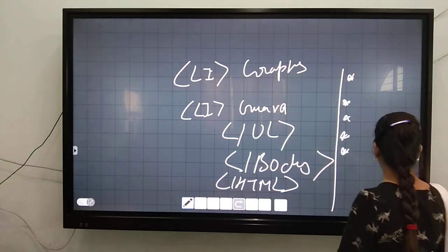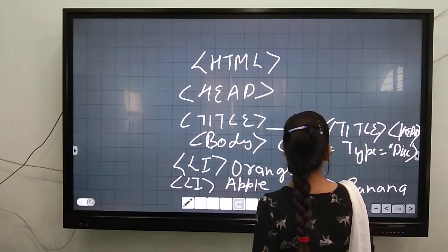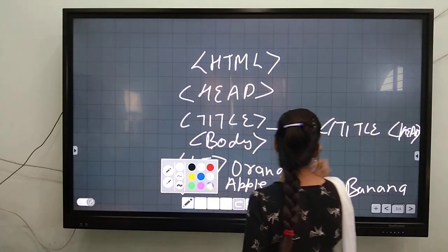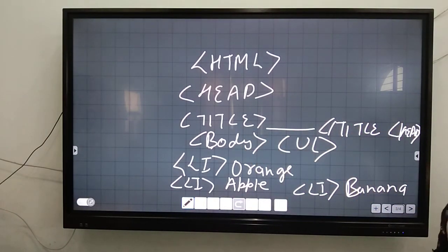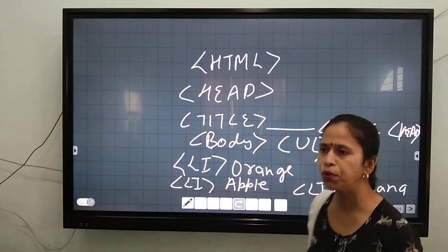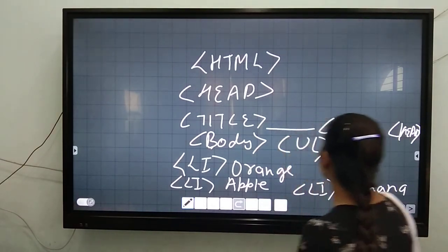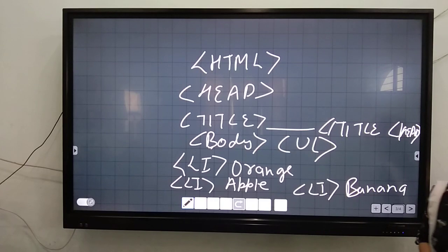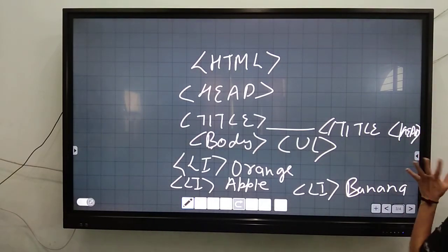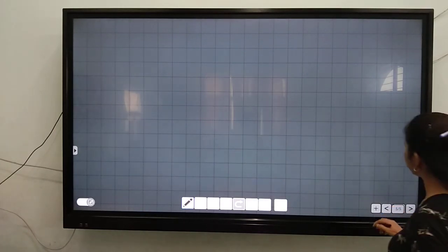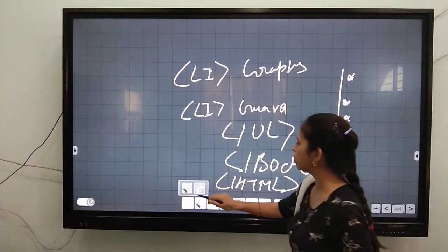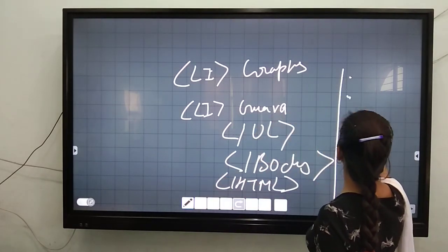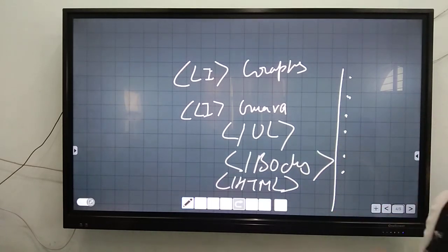Okay. And when you do not write any specific type, by default, you know, there is always a default system present in the computer. If you don't give any command, the computer always takes the default command. So by default, it will give your bullet numbering. Whenever you do not give the particular type which you want to design, then by default it will give the bullet and numbering. I told you what bullet numbering means. Bullet means dotted sign.